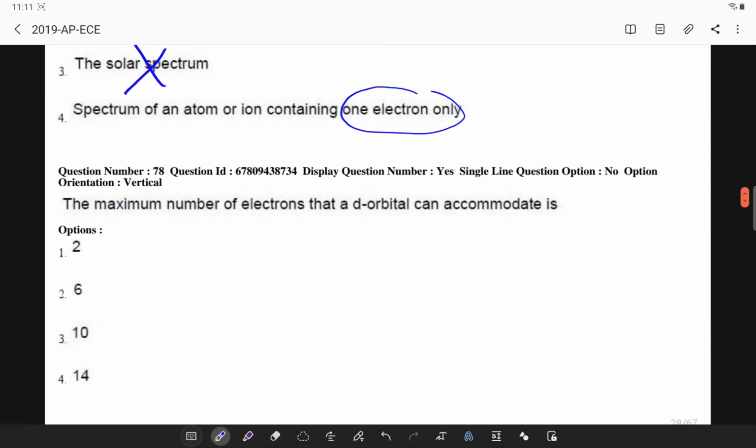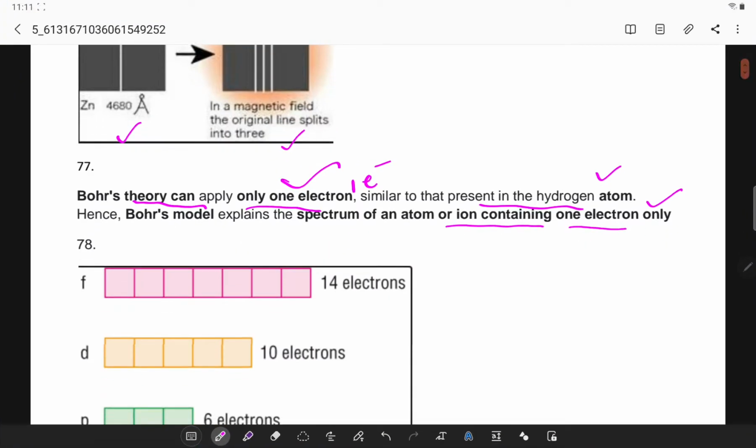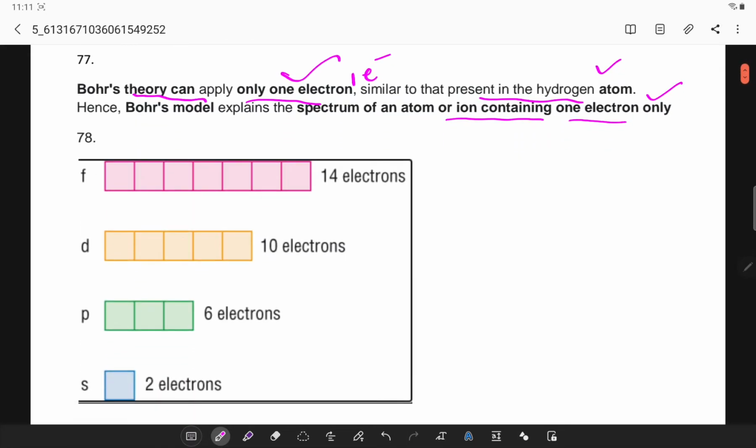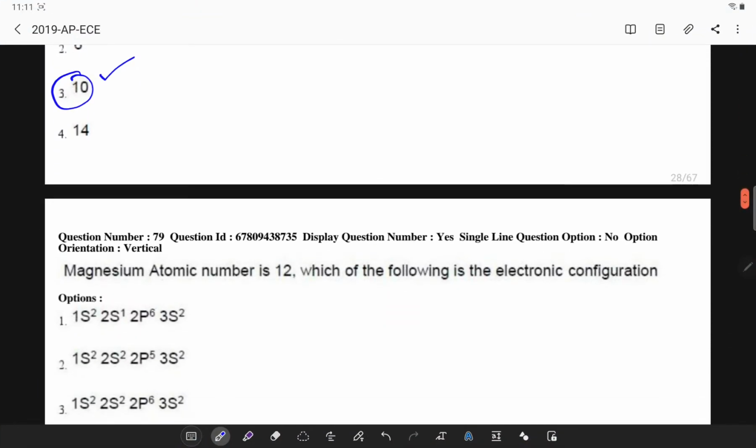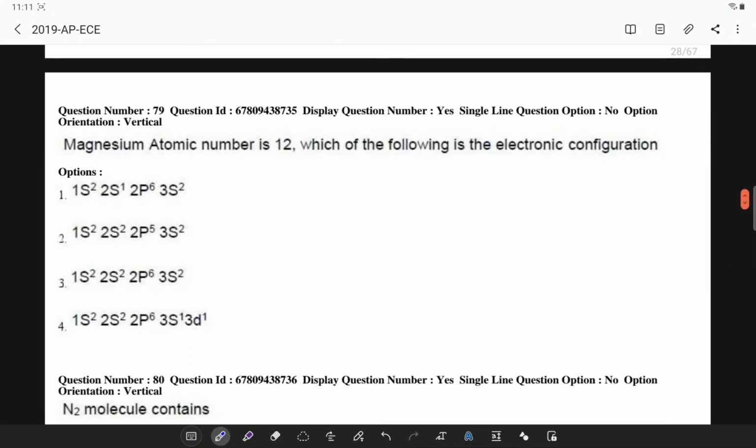the maximum number of electrons a d orbital can accommodate is, this is a direct question, 10. I'll explain why exactly it is. So S, P, D, F: F will accommodate 14, D will accommodate 10, P will accommodate 6, and S will accommodate 2. So try to remember these values. So next,